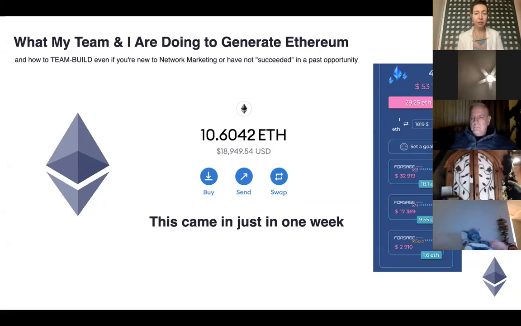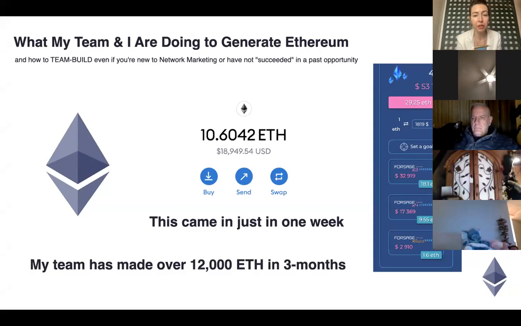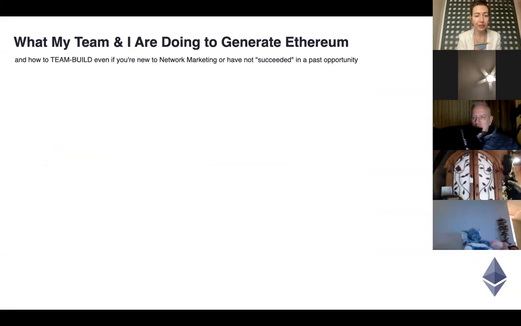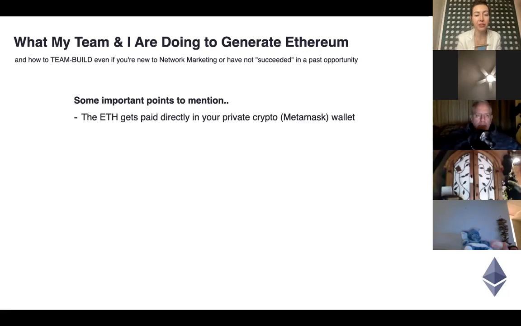I love ETH. Once the ETH comes in and I generate it, then we upgrade to certain positions in the team building process, and I get to profit over time. And it's a powerful thing to be able to generate Ethereum. So some important points to mention: the ETH gets paid, as I mentioned, directly into your